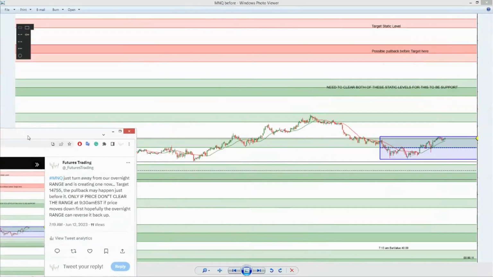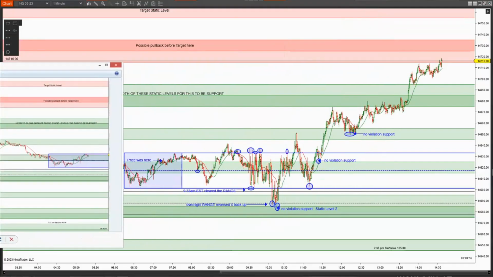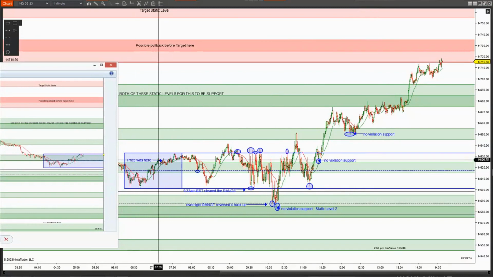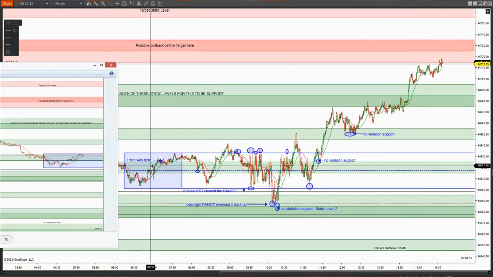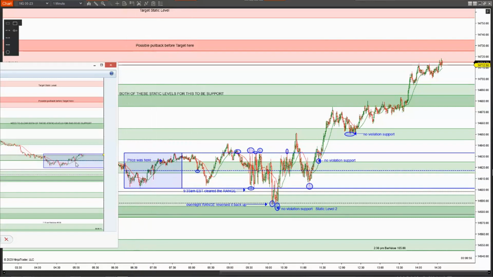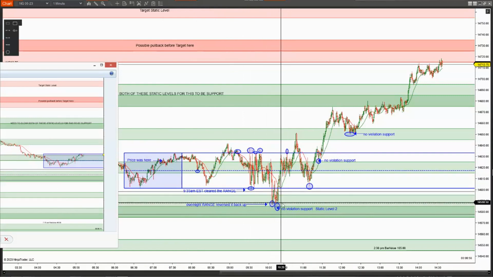All right. So now let's take a look at some of this information. All right. Side by side. Let's go. So I hope you're using the range. I really hope you're using the range. Price was here. And you can see it. Here's the turn here. There's that turn there. We got a push up, we pushed down. Okay, we pushed up, pushed down, then we went up. And that was about right here. So now you got caught up to where we was at. And all of that information you can see it here. Same information, nothing different. So 9:30, wherever these little bubbles at is just where they kind of tag the range and then of course hit the zone with no violation of the back of it.